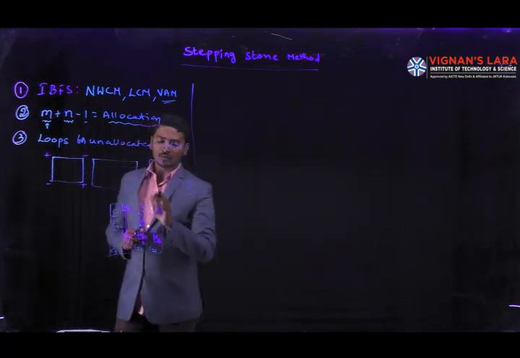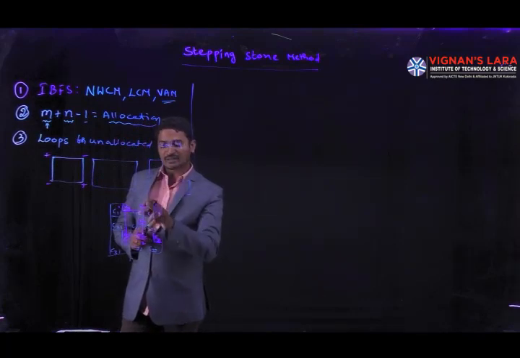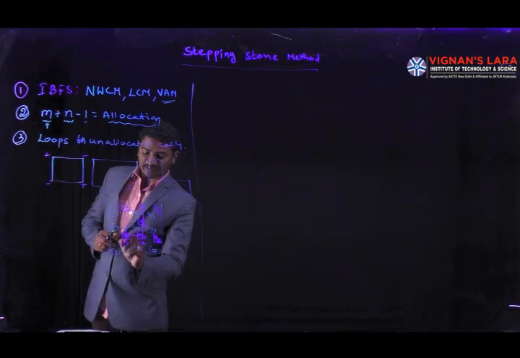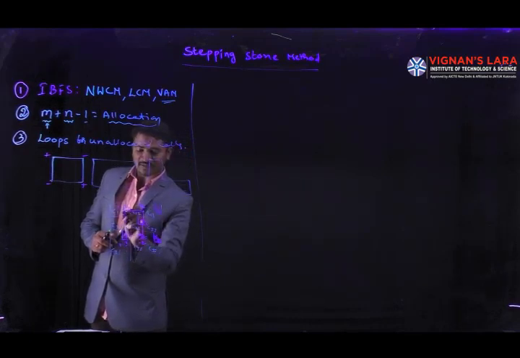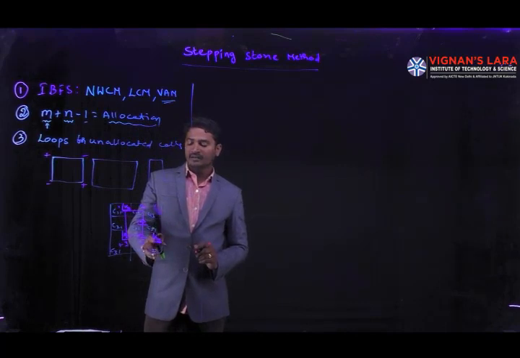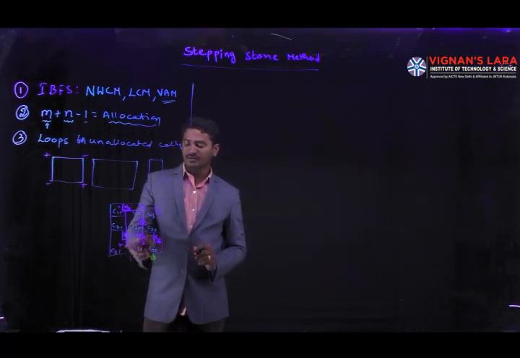That's the reason we have the 0 units. Here we are taking the signs plus, minus, plus, minus. Now we are going to transfer the commodity from this cell to this cell. It means here to here we are going to transfer.